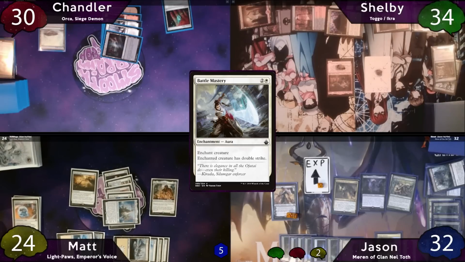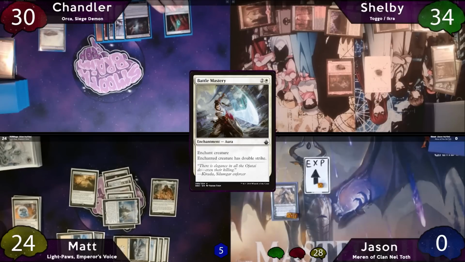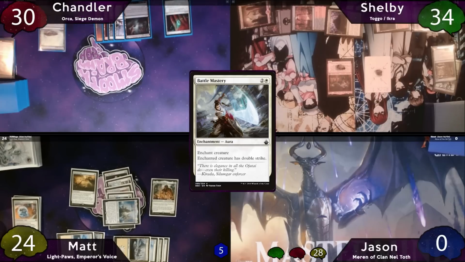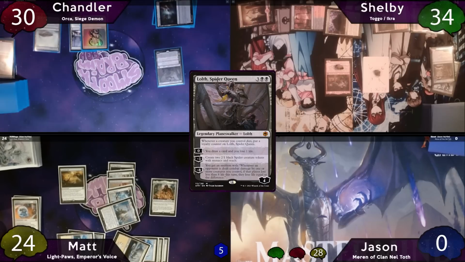There are no responses at the table, so Lightpaws will connect twice, which will give Jason 28 commander damage, killing him. The turn is then passed to Chandler, and the game has now just turned into how the hell do we kill Lightpaws? And Chandler will start off with a Snow Swamp. He'll then tap for 5 and cast Lolth, the Spider Queen, and he'll downtick her to make 2 black spiders